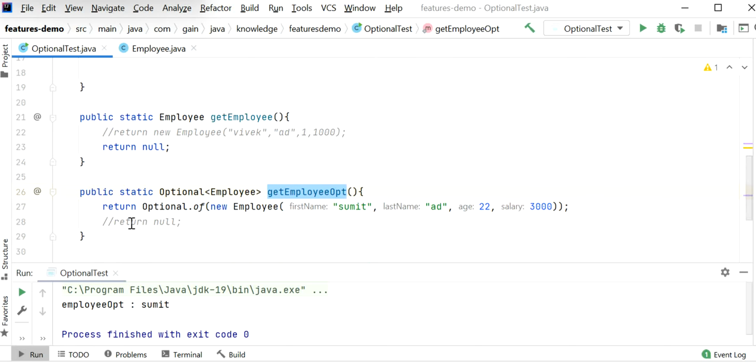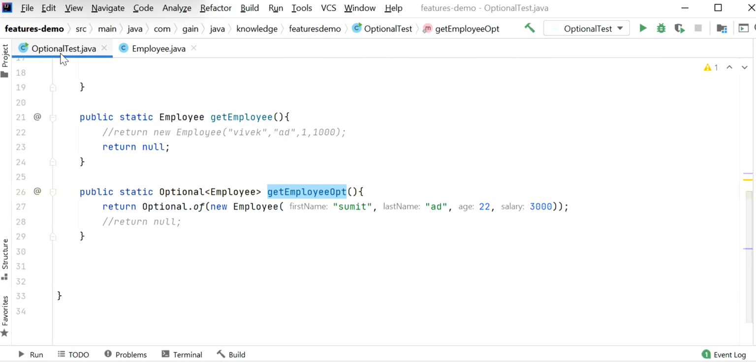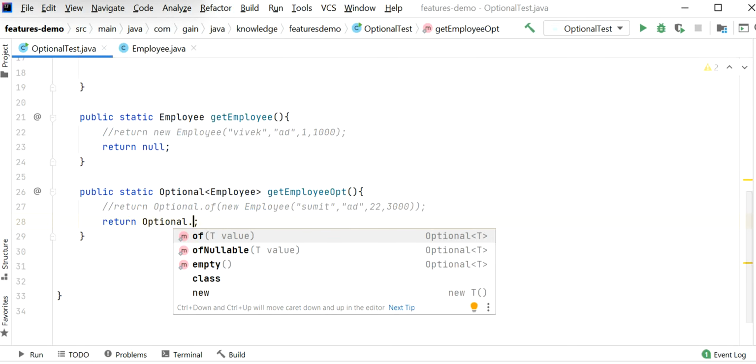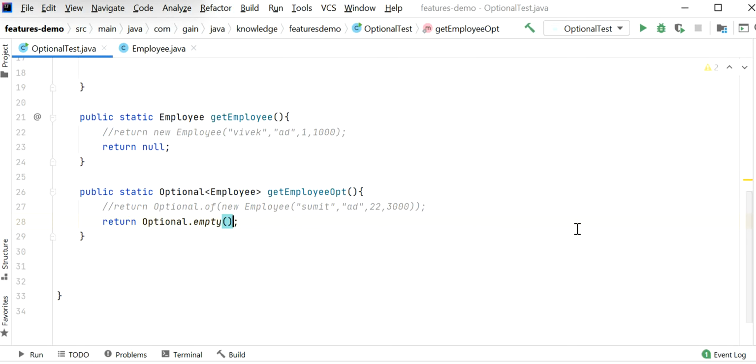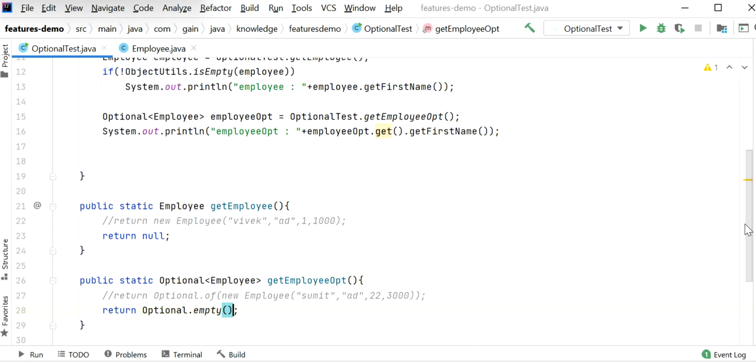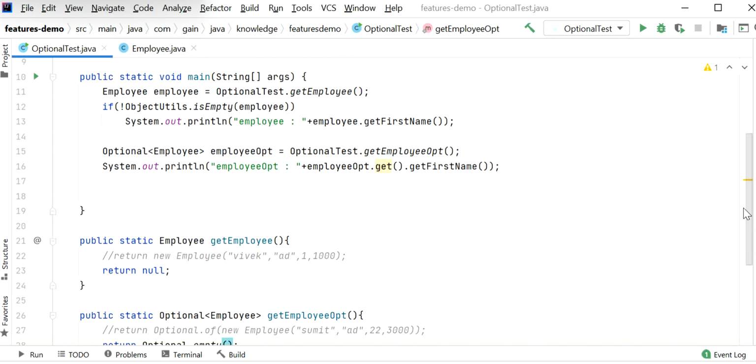Now in case we are getting null here, like Optional.empty, we are getting an empty object from the DB, there is no object of Employee, then what will happen in this case? We will get some exception. So let me call this function again and run the same application again.